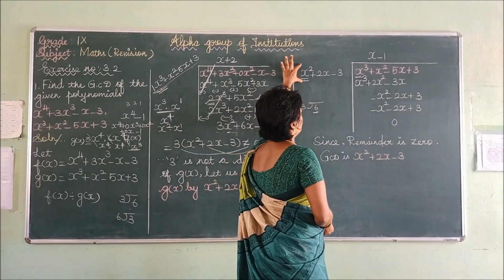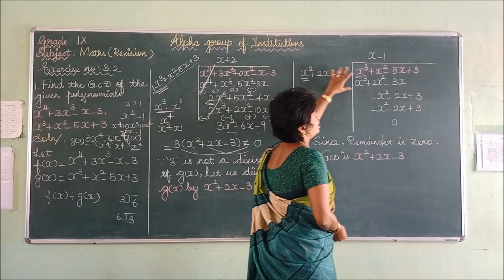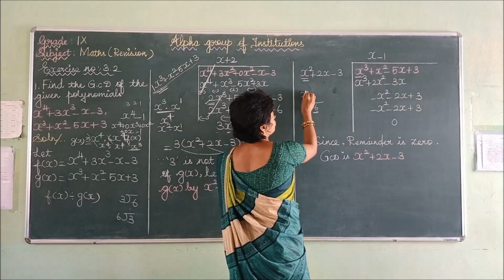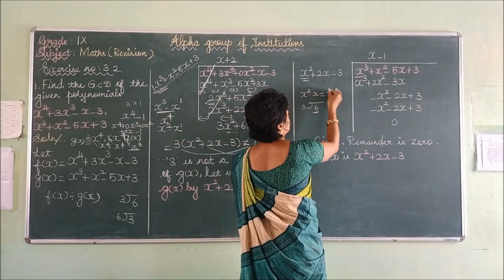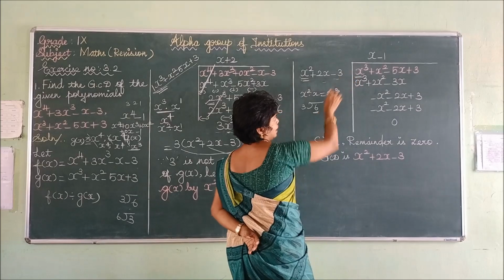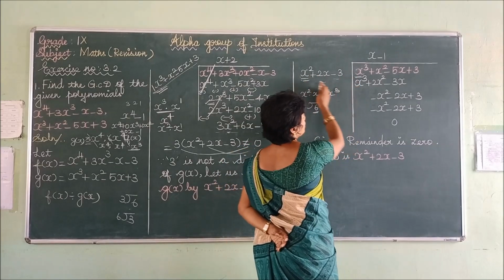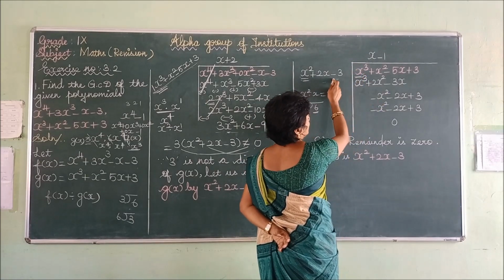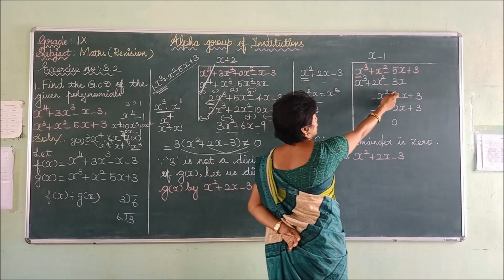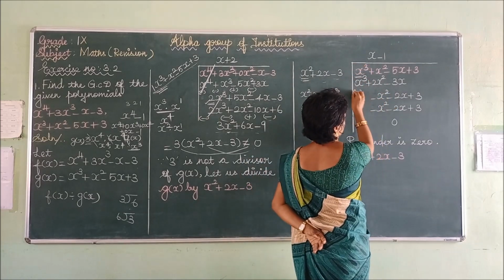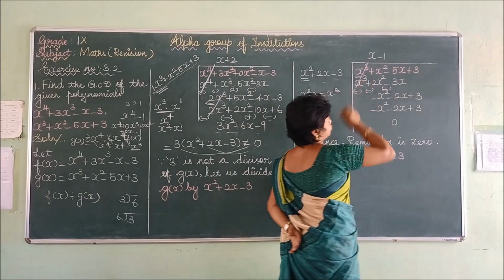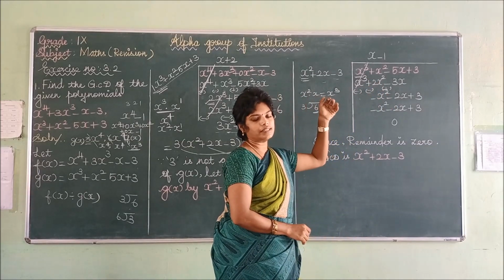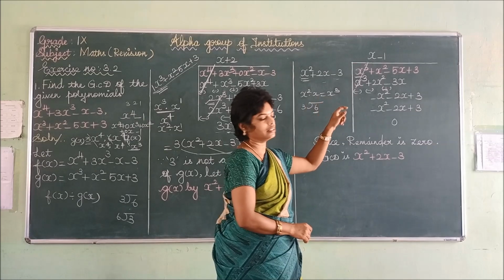So likewise, now when this x squared changes into x cube, if you multiply the value with x only, it changes into x cube. x squared into x is only x cube. So multiply throughout the polynomial with the x. x squared into x is x cube, plus 2 into x is 2x squared, minus into 3x is minus 3x. So listen, now sign changing. Both x cube and x cube get cancelled. What are the remaining terms? Positive and negative. If it is different sign, you put the biggest number's sign and subtract the values.